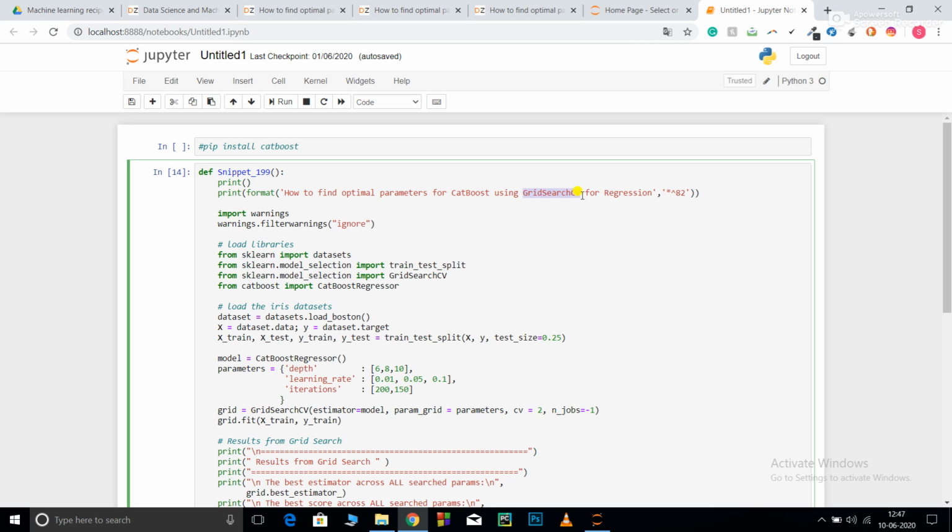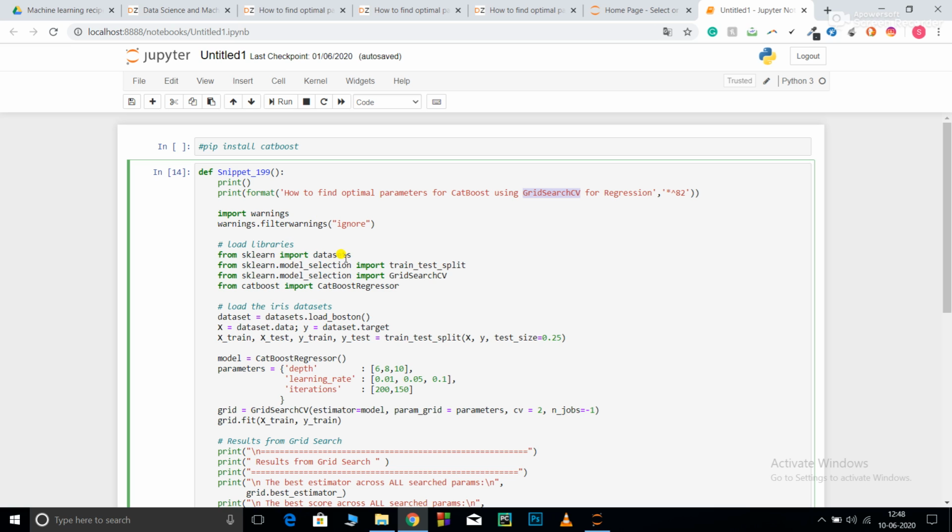You just need to pass a list of parameters, and it makes a list of all the possible hyperparameter combinations that can be made from the given parameters, and then finally trains your model. So you don't have to keep on changing parameters in order to get the best model. It also gives you the best parameters that should be used for the best result. So now let's get started with the code.